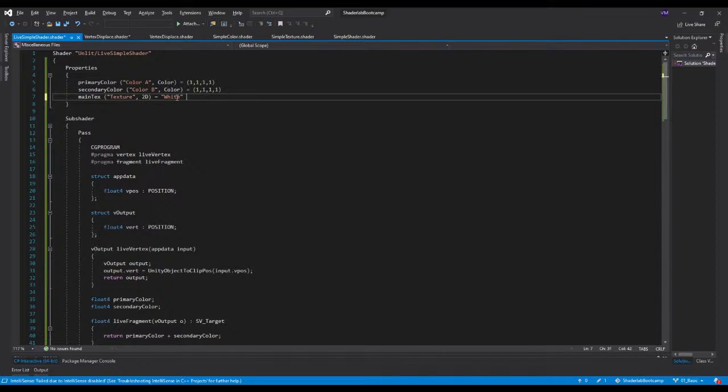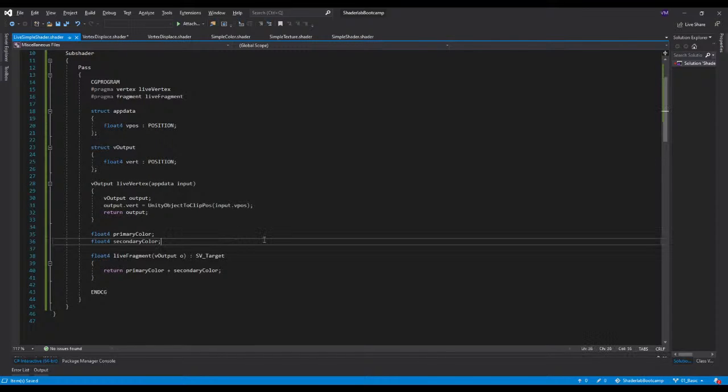So let's assume it's going to be default white, and I have to just leave it empty. That's it. So your main texture is ready. Now your main texture is ready, so we can apply it. But here, I would like to take you back to